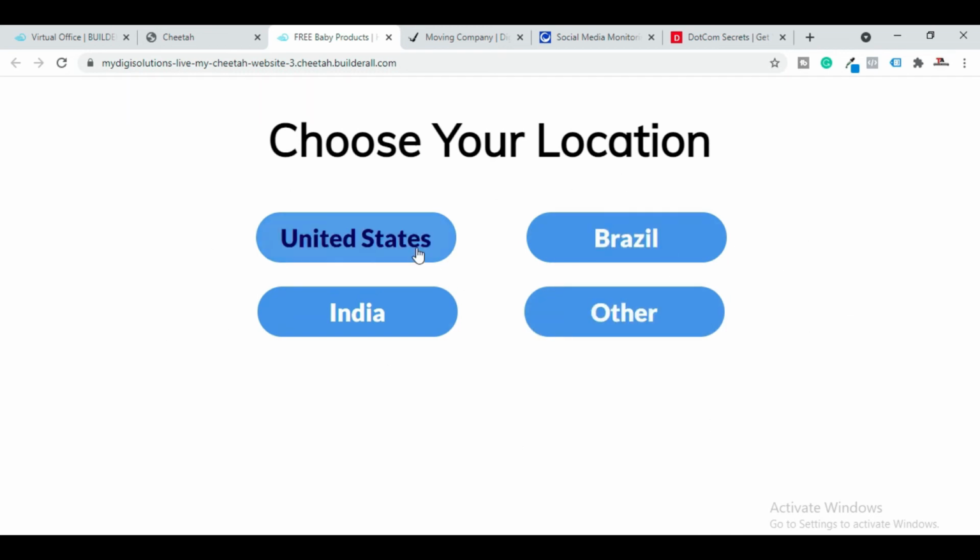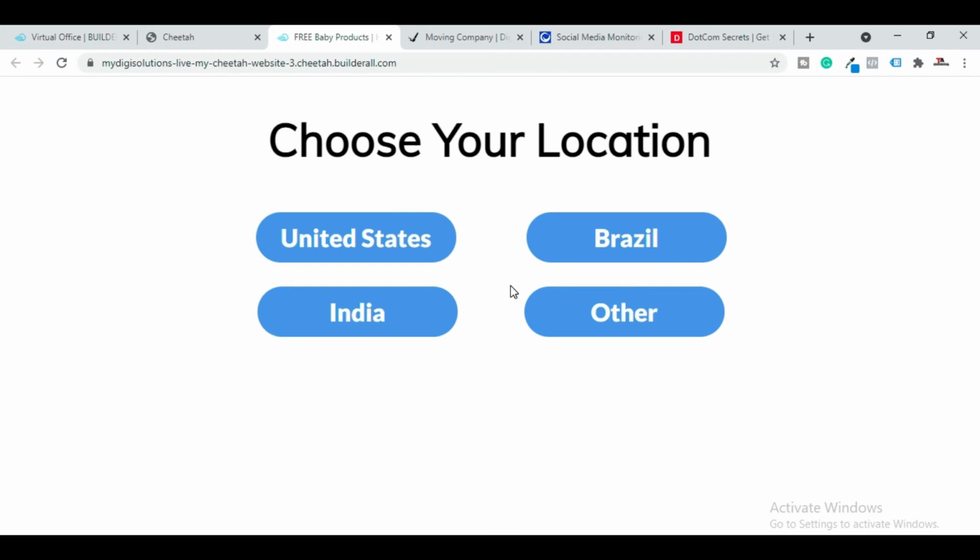and when they click on any of these buttons they will be redirected to another question and then another, and after 3 or 4 questions they will be redirected to the offer that we have to promote to them. So the major purpose of this type of landing page is to interact with the user. The more the user is attracted, the better the chance that they will convert at last.